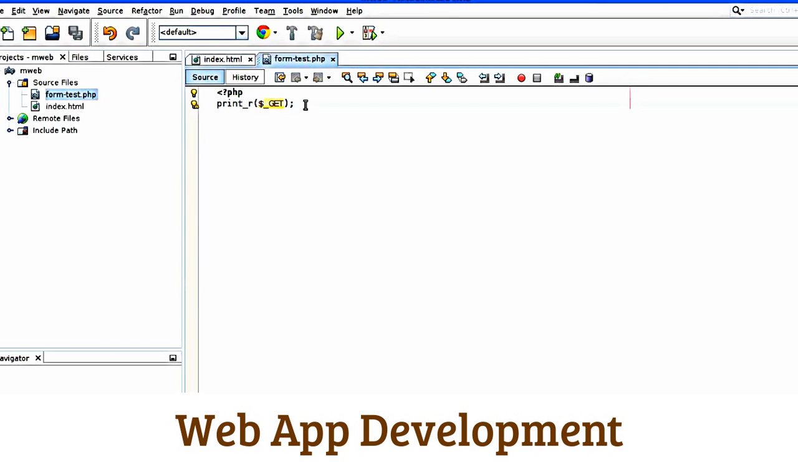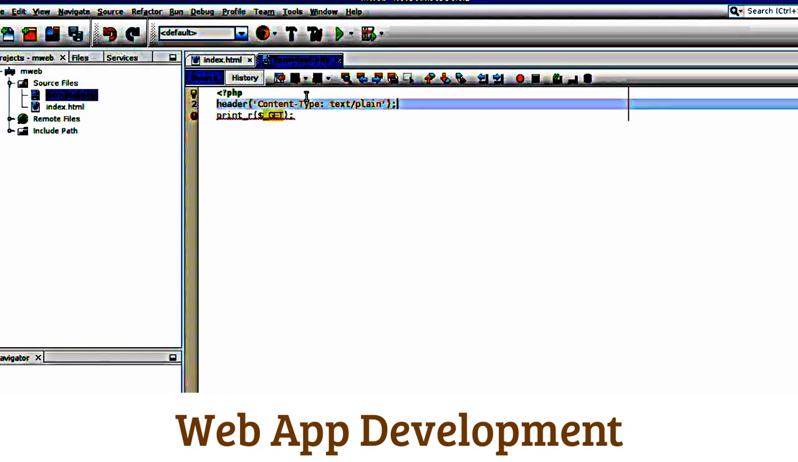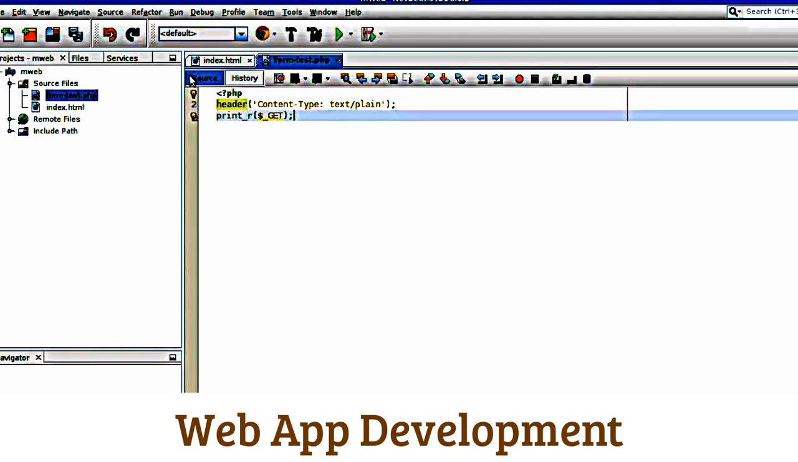So to fix that problem, all we have to do is put header. So let the PHP tell the browser that the content type of the response is text/plain and semicolon. So header is the PHP function that will generate an HTTP header. This is the name of the header, Content-Type, and this is the value of the header, text/plain. So once you save that,